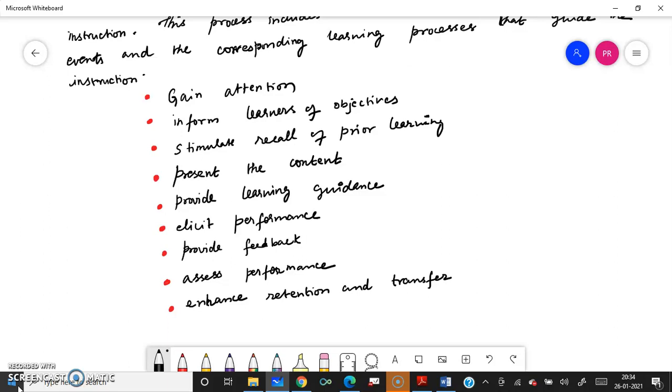The nine-step instructional events could be used in the teaching of classifying polynomials. This is an example for classifying polynomials. All nine steps can be used. By using each step, students could gain an understanding of what polynomials are, what their purpose is, why they are learning polynomials, and how they can be applied to problem situations. When there is a problem situation, how this knowledge of polynomials will help them.